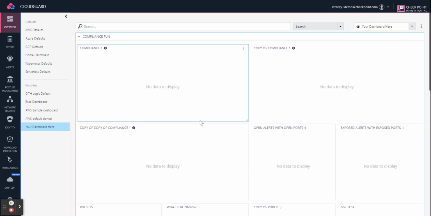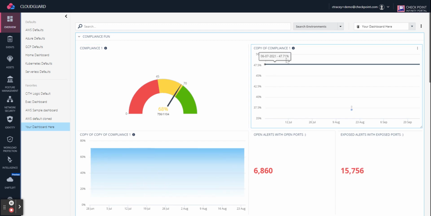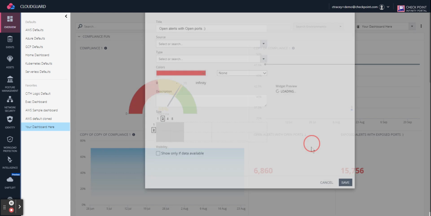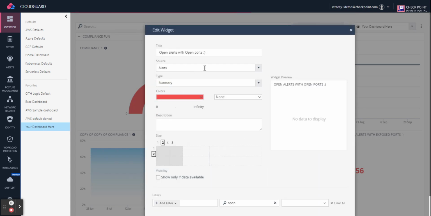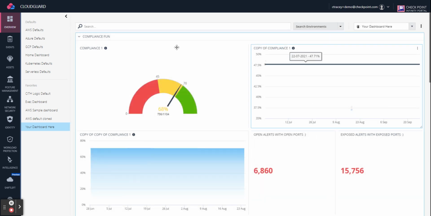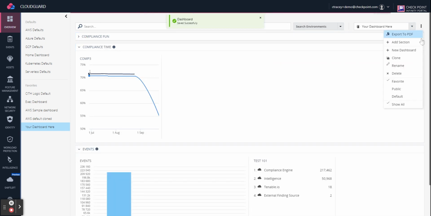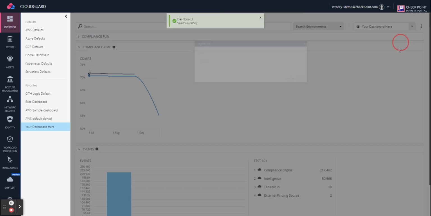You can create them right from scratch, and you can make them, again, as large or as detailed as you see. Here's one we're going to take a close look at here. It says relative to open ports. Yeah, that could be an issue for sure, and be able to filter on that as well. And as always, we could collapse that. We can add a new section